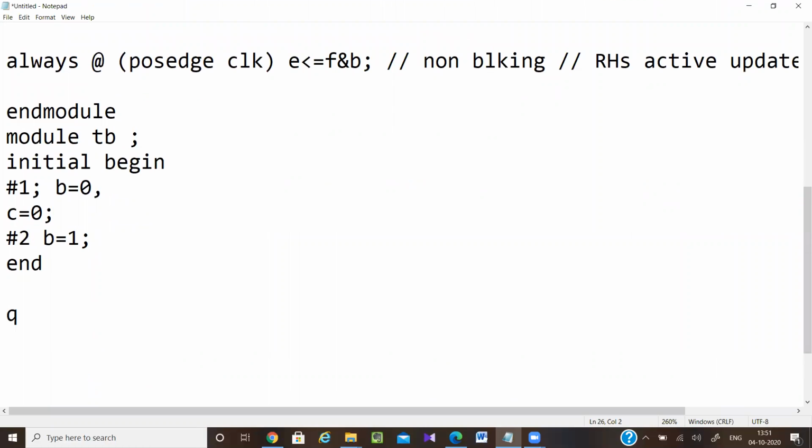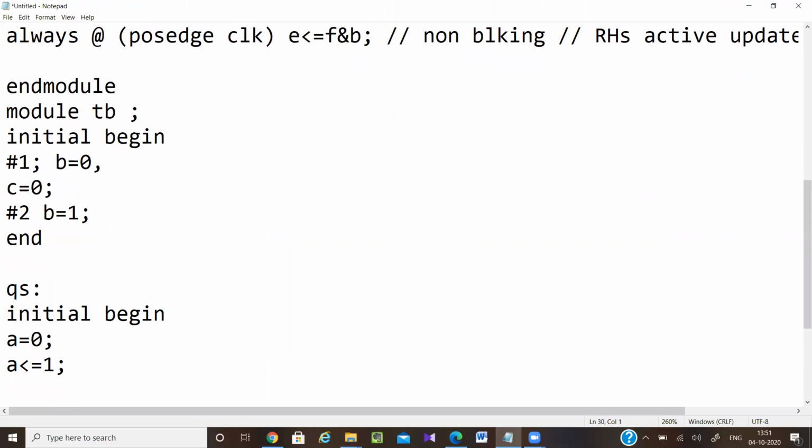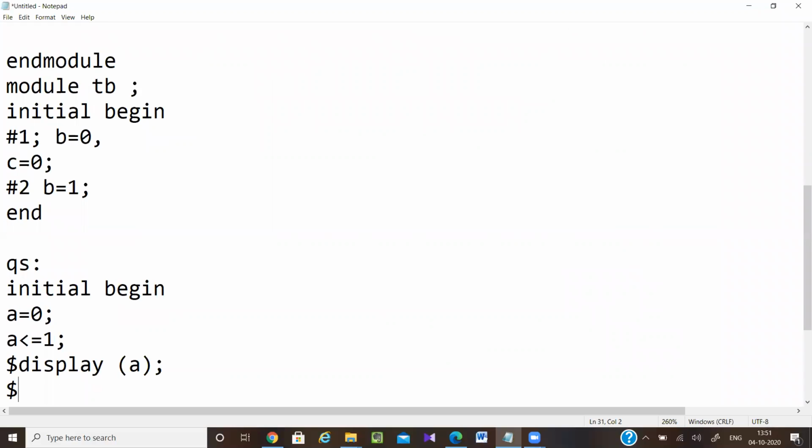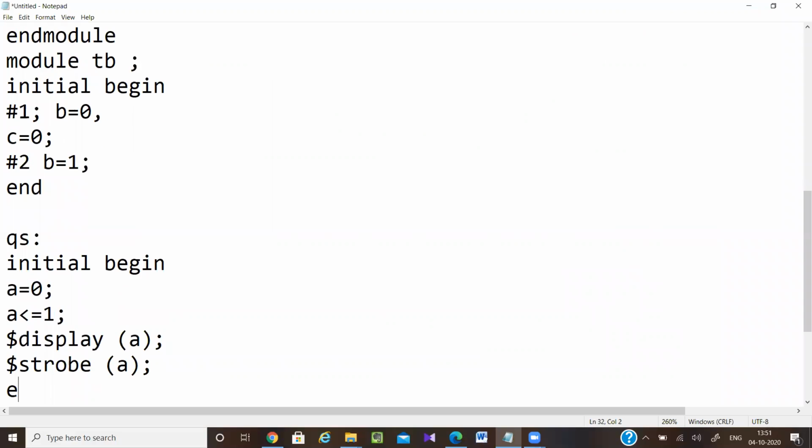So first question. Let's say I'm writing initial begin, A equal to 0, then A equal to 1, then $display A, then $strobe A. Now what will this display statement and this strobe statement display? Here, A equal to 0 gets executed in the active region, so in the active region A will be equal to 0.